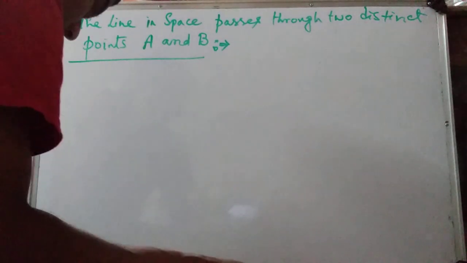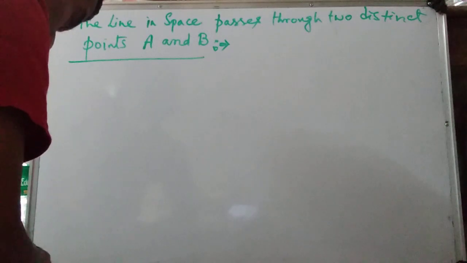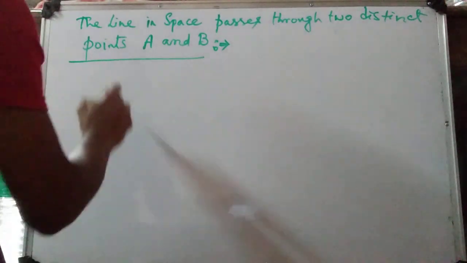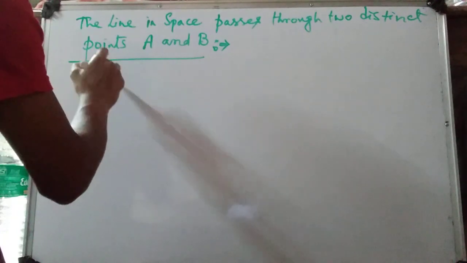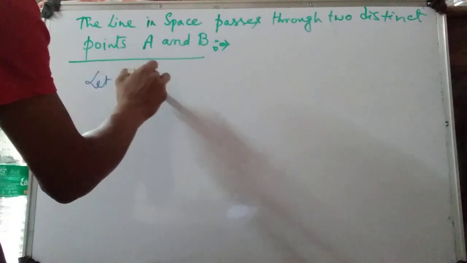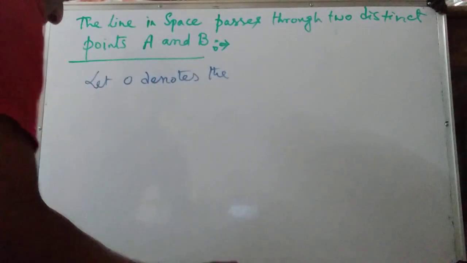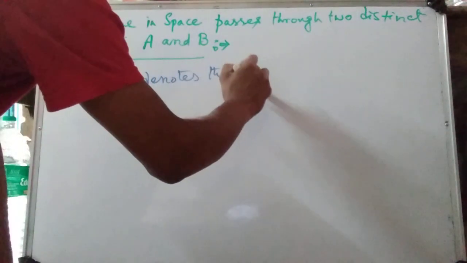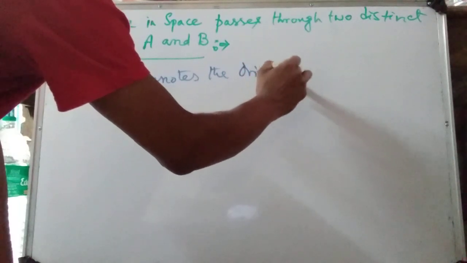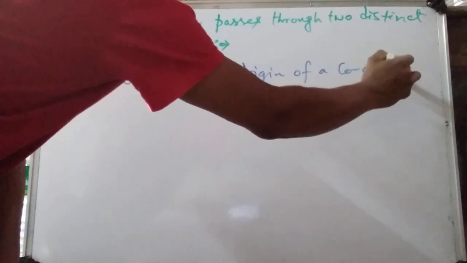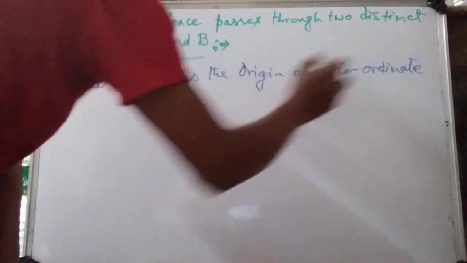What we write here, that means we take o, let o denote the origin of a coordinate system